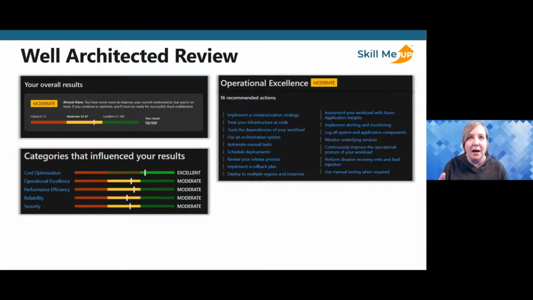I don't know if you can see the operational excellence over here too. This is where you'll get all the recommended actions, and these will help you by drilling into the specific sides of our documentation that either give you more of why it matters or show you how to configure it. So that's a really cool reality related to the assessment.